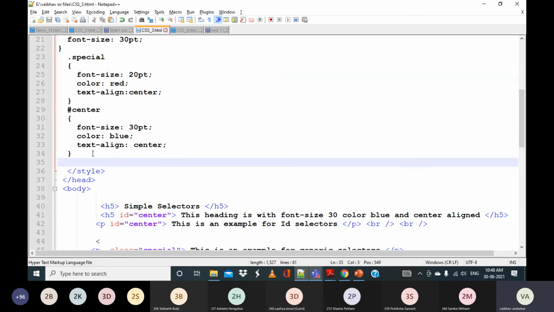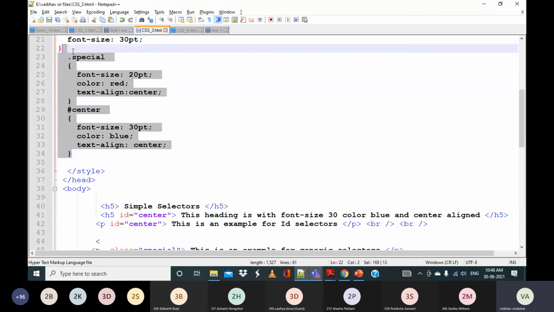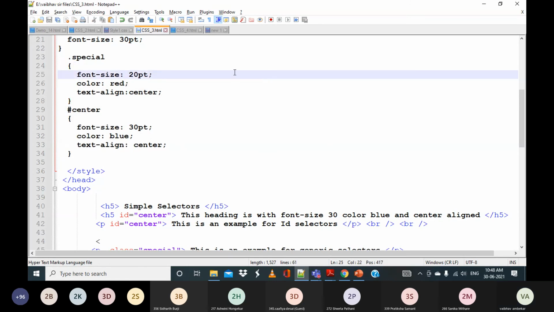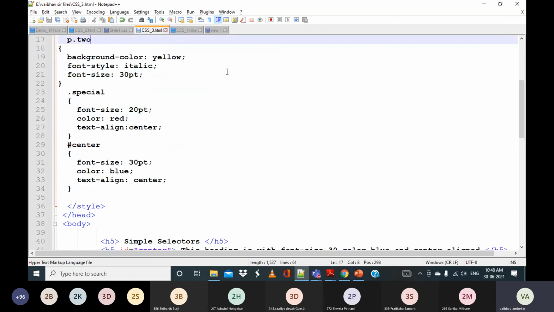And one more thing, remember which level of style sheet we have used: inline, document, or external. In this entire session, we have used the document level. But the same thing can be applied to the external level as well.